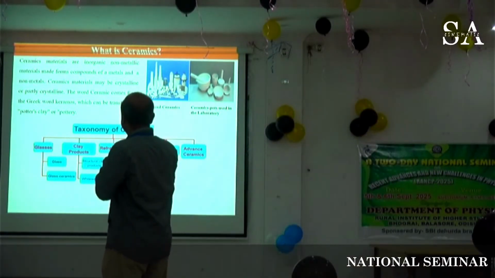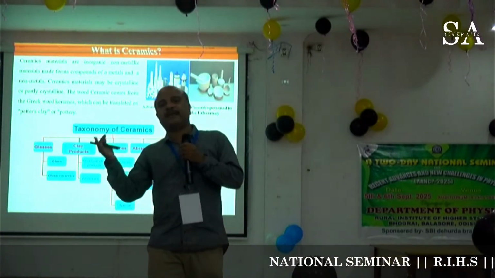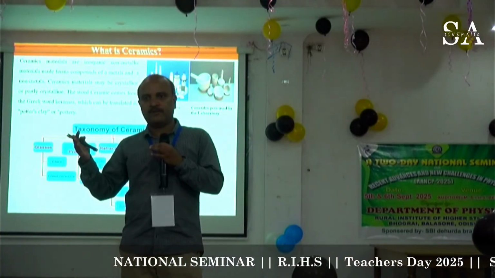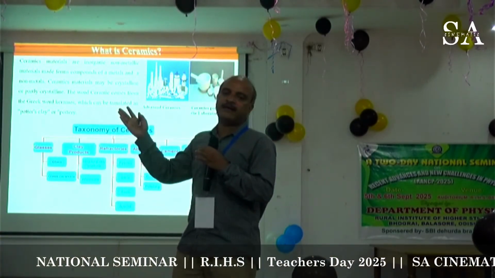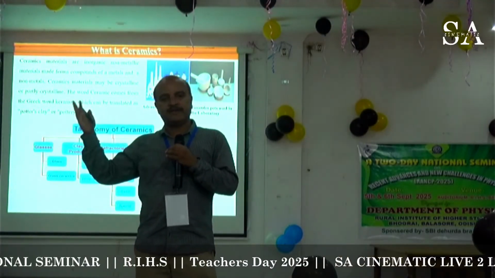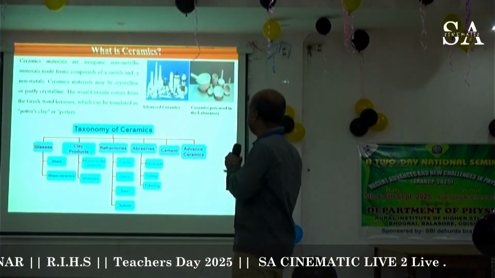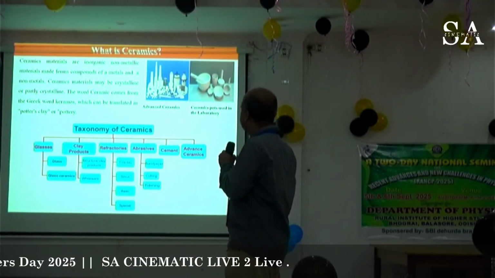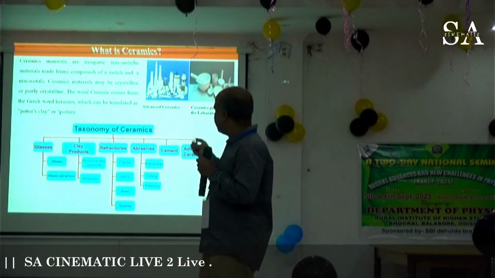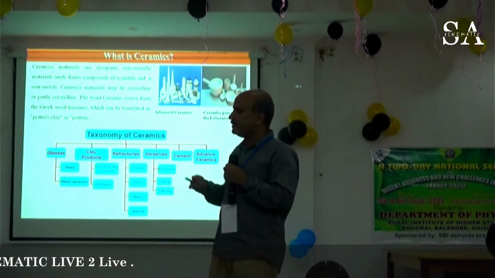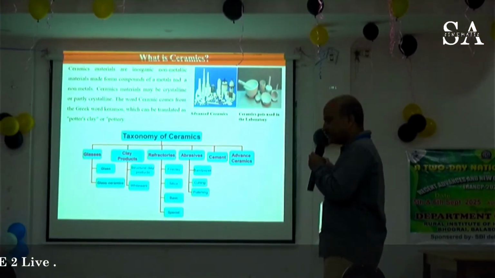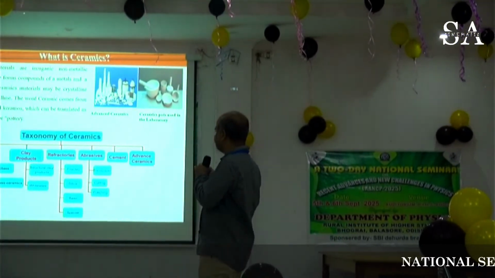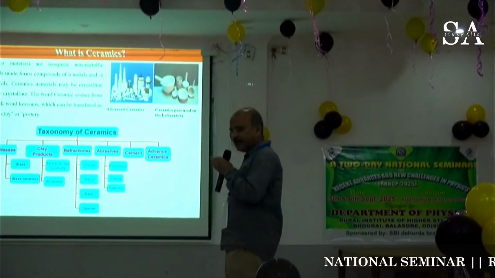Okay. So these ceramic materials may be crystalline or partial crystalline. Similarly, crystalline, our first concept is. So these ceramics are either crystalline or semi-crystalline, you can say partial. Ceramics comes from the Greek word keramos, which is translated as potter's clay. Now to classify these ceramics, ceramics can be classified as glasses,